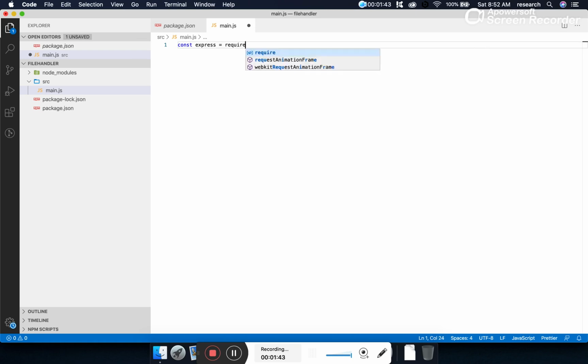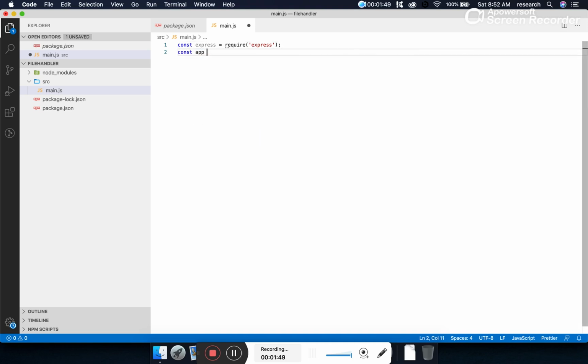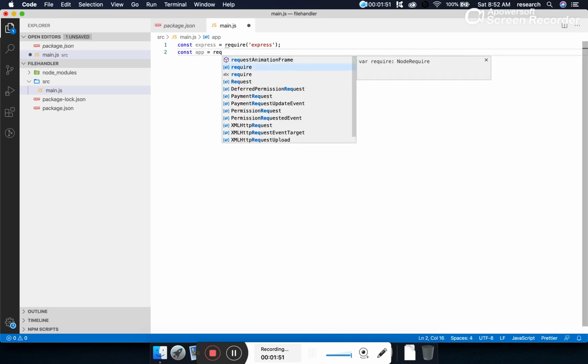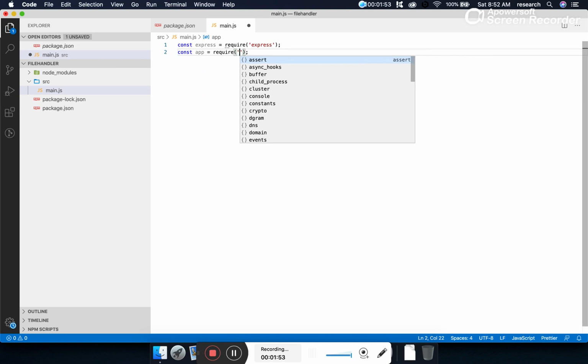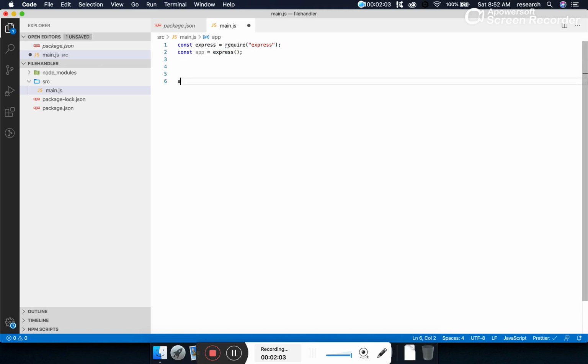Okay, let's begin the development by creating an API. const express = require express, and then let's create an instance of express and start the server. We are starting the server at port number 3000.